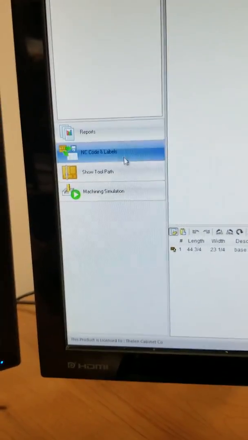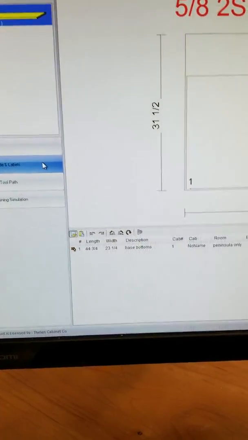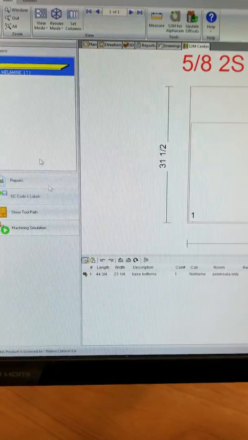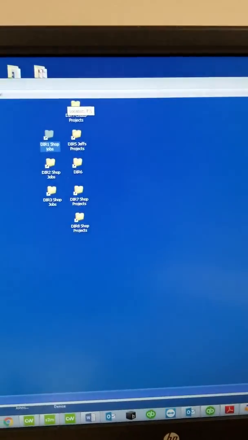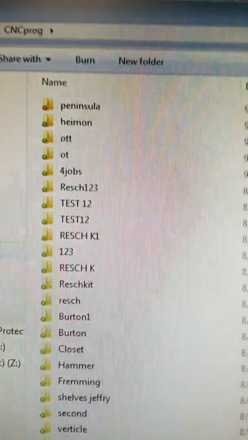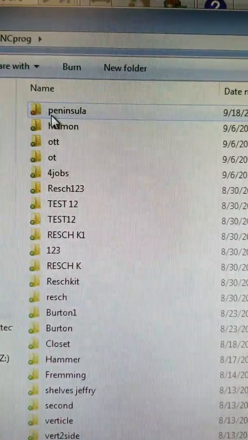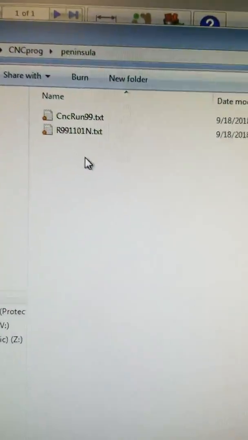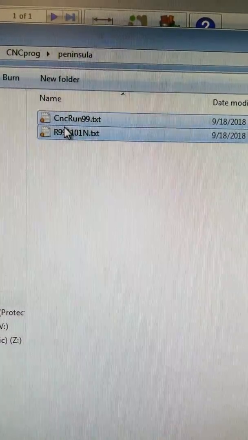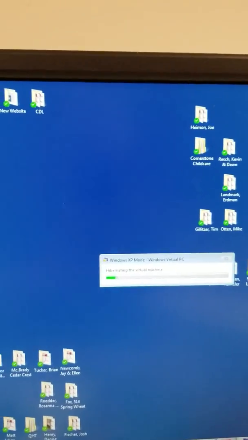After you produce NC code and labels and name a file and then designate where that program puts it, I have chosen to be CNC programs, and then it always puts the brand new one at the top. I called this Job Peninsula, so I'm going to open up Job Peninsula and select it, right click, copy, and then open up my virtual machine,